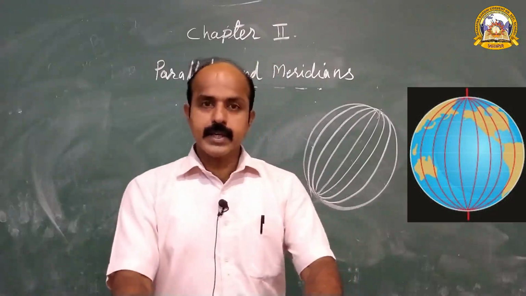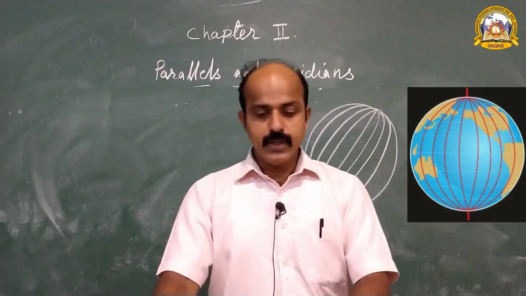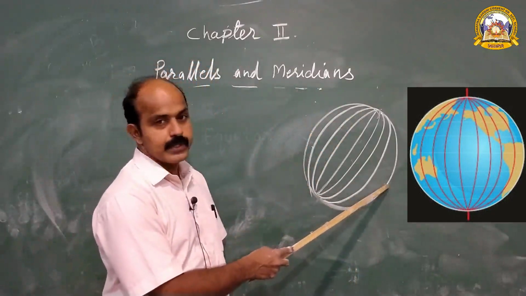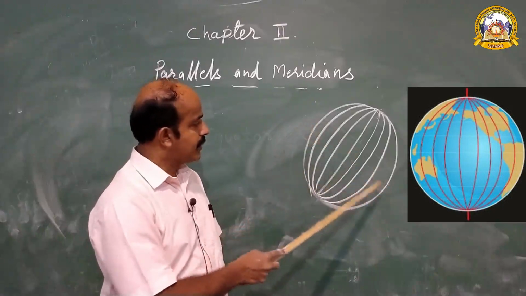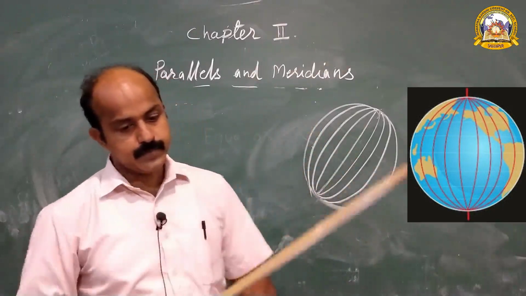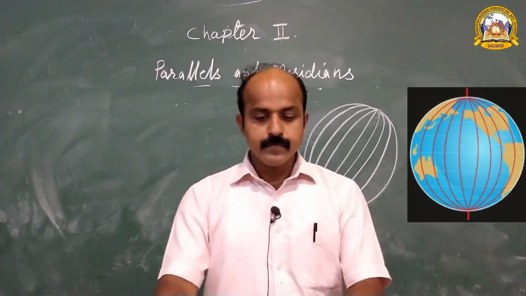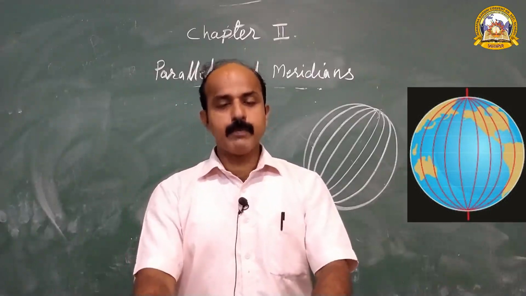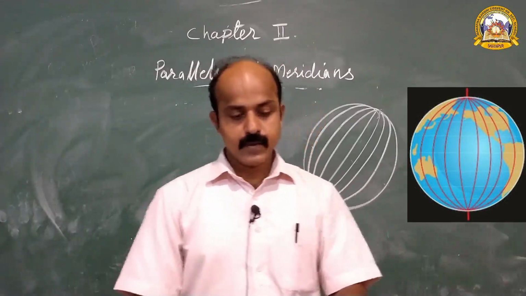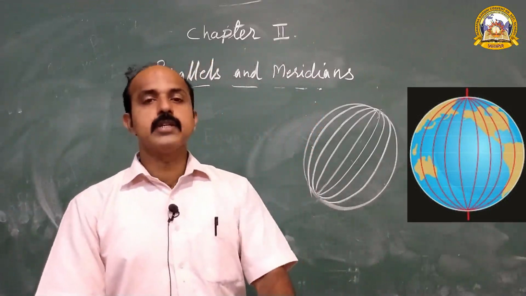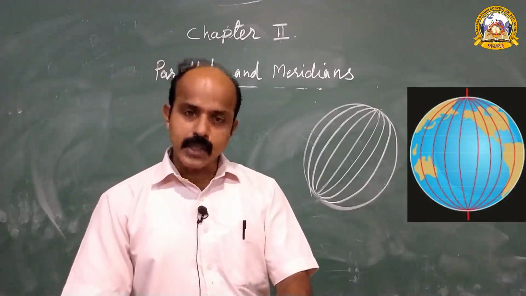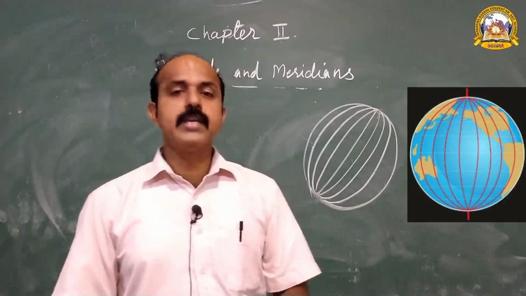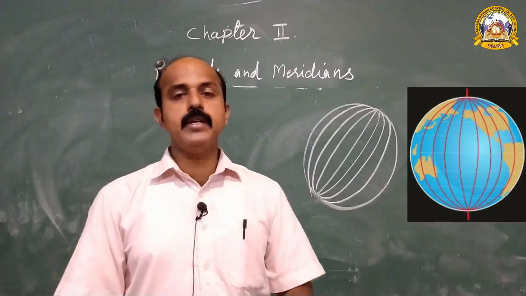We have read that to number the parallels, we start from the equator, that is drawn over the middle of the globe. Similarly, we need a starting point to number the meridians. In 1884, it was decided to fix Greenwich, a place near London, as the starting point of the numbering of